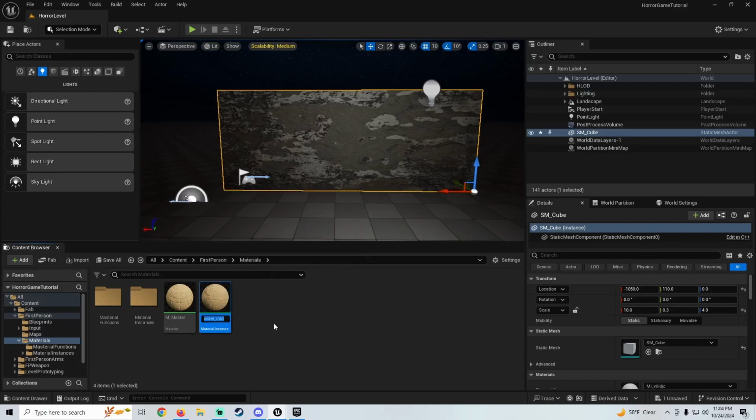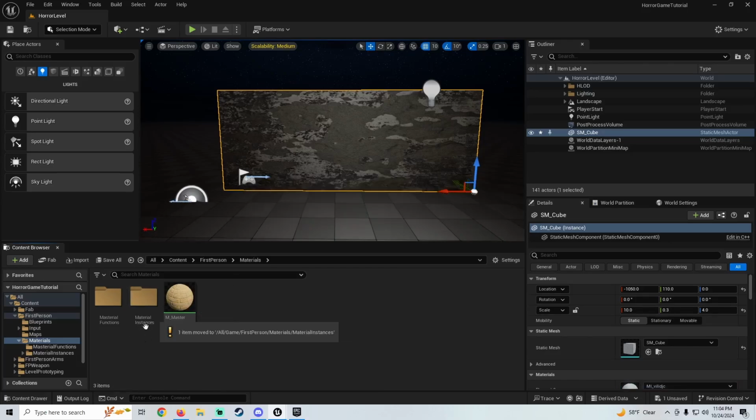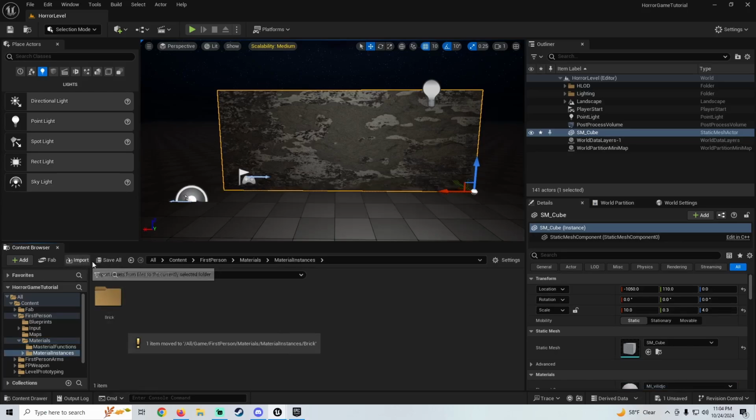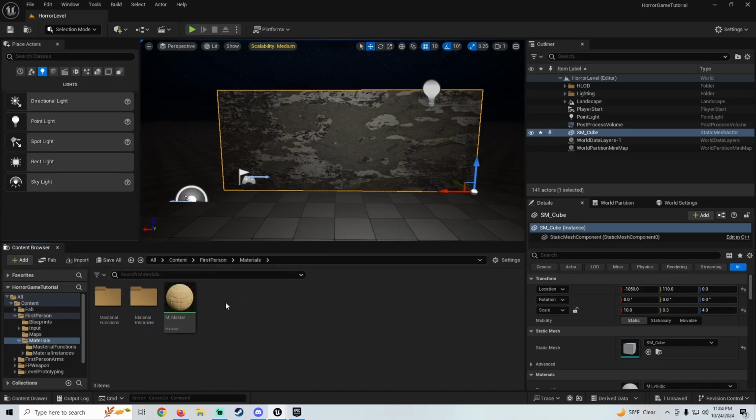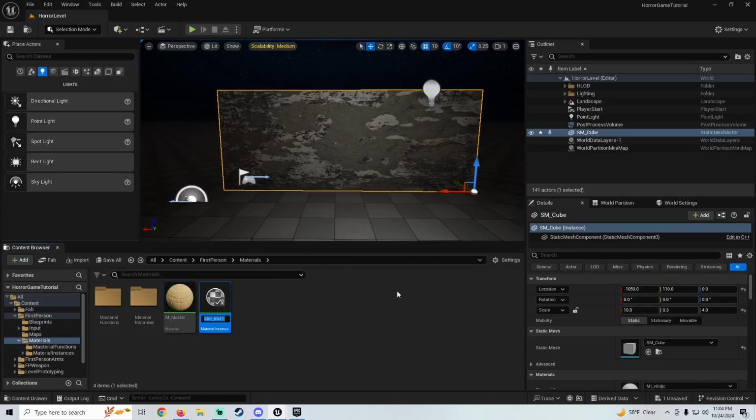So let's rename this material to mi_brick wall. And I'm going to pull this guy into material instances, go into here, throw that into our brick folder. Alright, so now on our master right here, we're going to right click, create material instance, and I'm going to